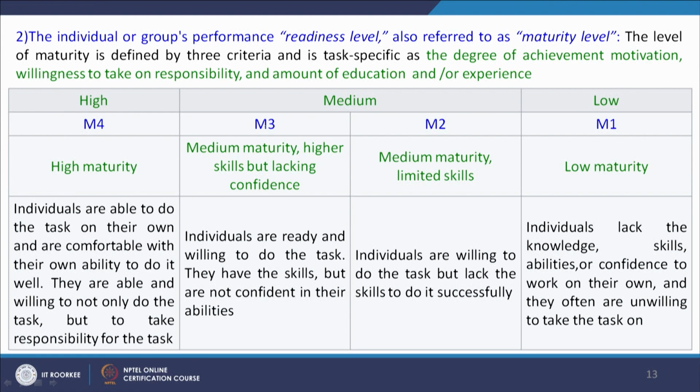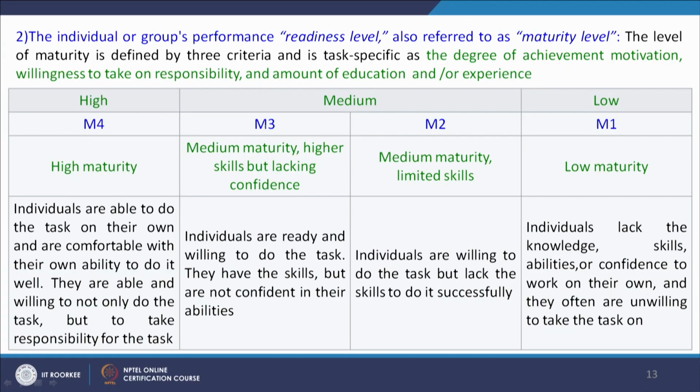And the other is M1, that is low maturity, where individuals lack ability and, at the same time, are unwilling to perform the task, because then there is no link between knowledge, skill and abilities. Then the follower finds it difficult to blend their willingness and ability. Definitely, under such circumstances, the leader has to adopt a task style where detailed directives are required to perform